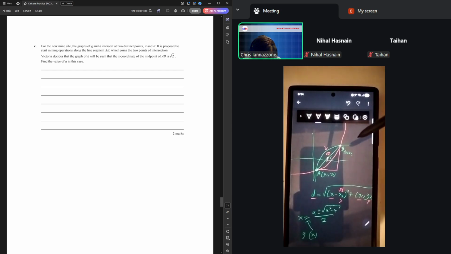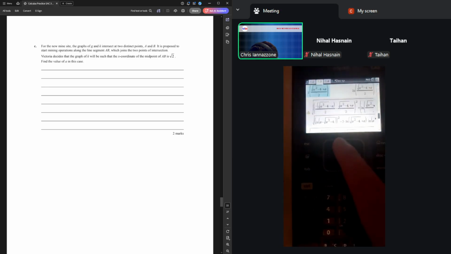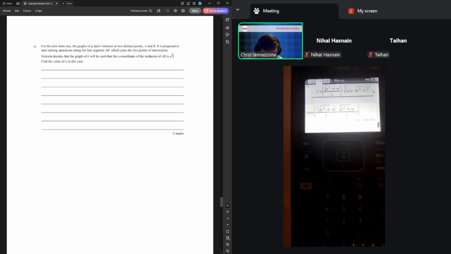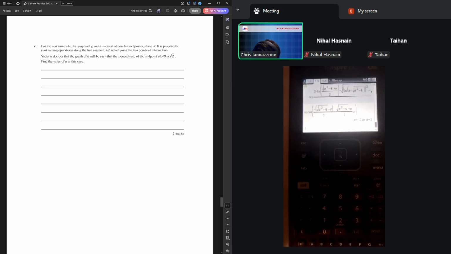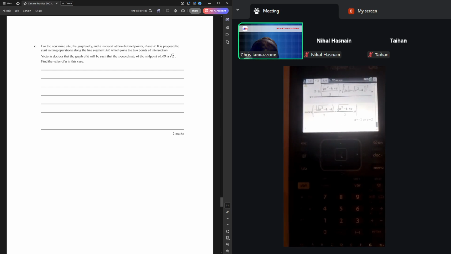So rather than going through the more heavyweight solution of getting the full equation, we might be able to get by just using the x-coordinates and doing the midpoint formula on those and making those equal to root 2. Because if we look at those, let me grab another copy of this solve, those already only have a in them. And if we do the midpoint between them, it's just going to be a on 2, because with the plus minus root, they're equidistant from each other. But just to demonstrate that,